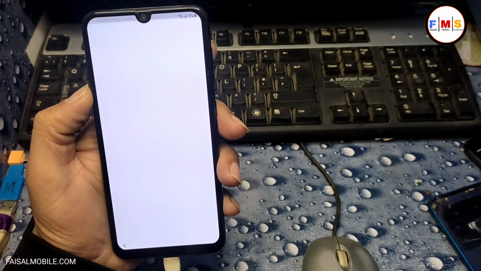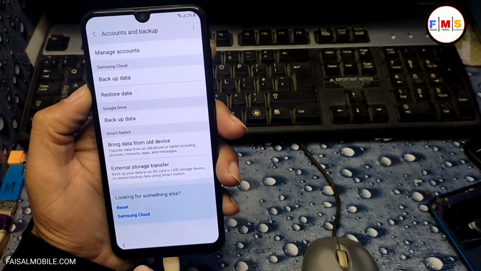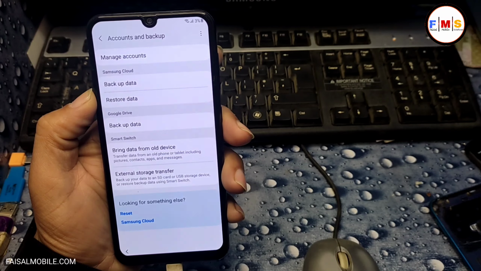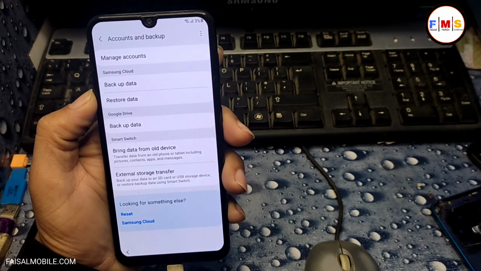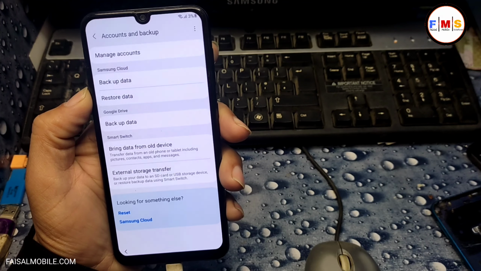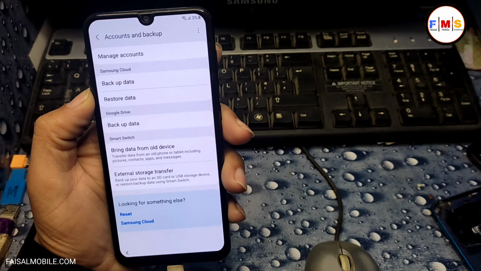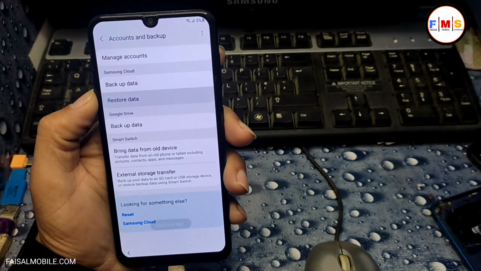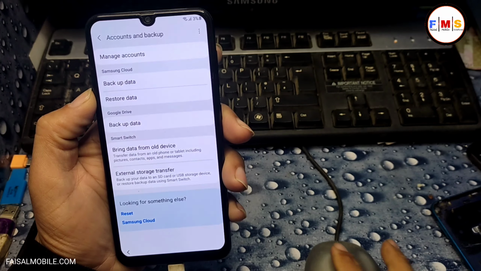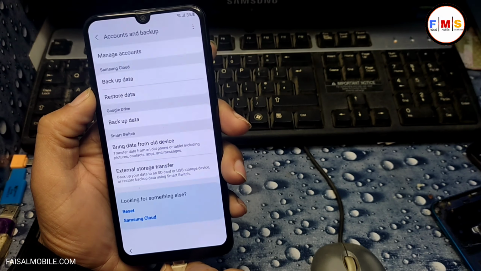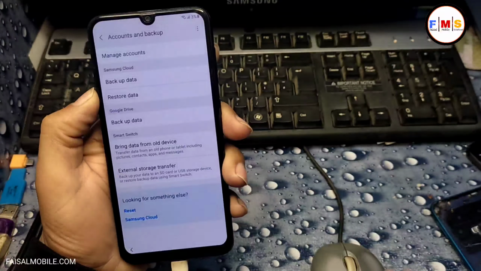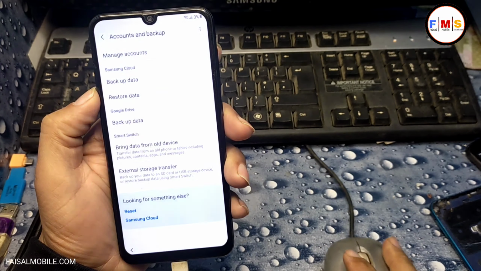And now as you can see, it's asking for the update, so wait for a few minutes and it's downloading the update version, and then again click on restore data. So just wait a minute because it's downloading. As you can see, it's still updating the app, so just wait a little bit. When the updating is finished, we will click on it again.